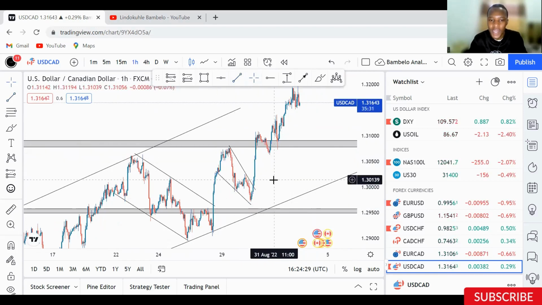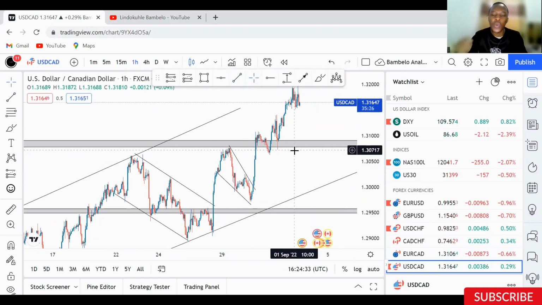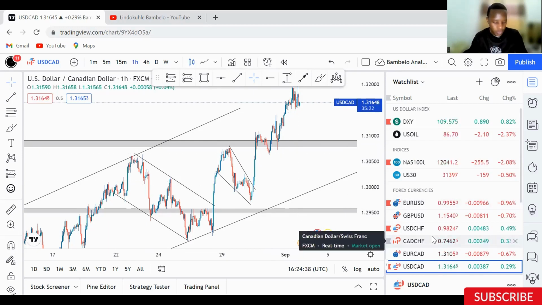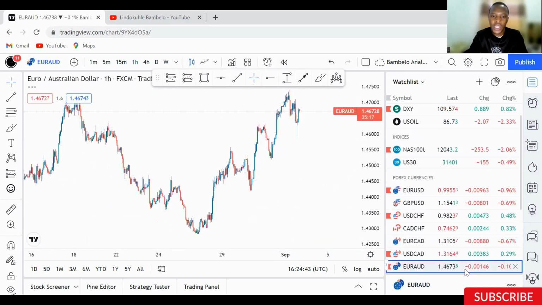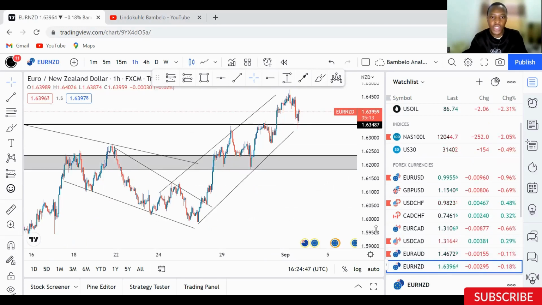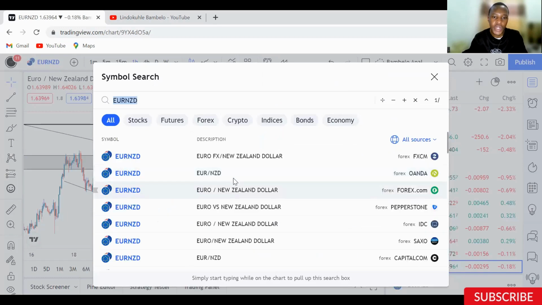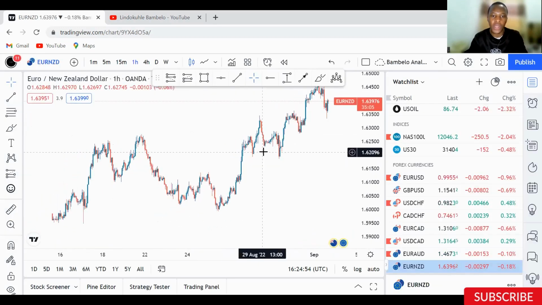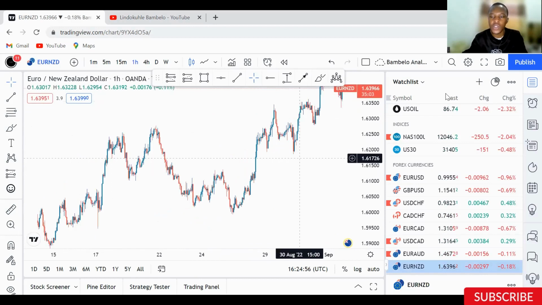But now this is not a flag. It's a falling wedge, which I will get into now. So let's move on now to falling wedges, but I would like to start with the one that I saw on Euro NZD. Right, it's Euro NZD on the 1 hour time frame. So let's just look for a clean one. Okay, sharp. So if you look at what's going on Euro NZD at the current moment,